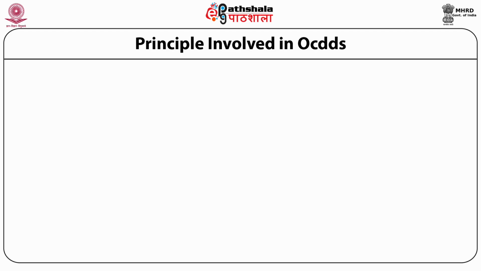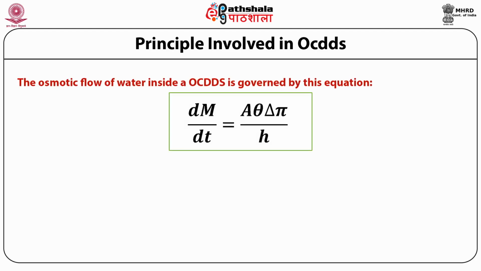Let's come to the osmotic flow of water, because this is very important indeed. How much water will flow inside the system ultimately influences the rate of drug coming out of the system. This is the parameter that regulates the rate of drug release. So how do we control it, or how do we calculate it? This is actually an extension of the previous equation. Osmotic flow of water inside is governed by the equation dm/dt, in terms of mass rate,